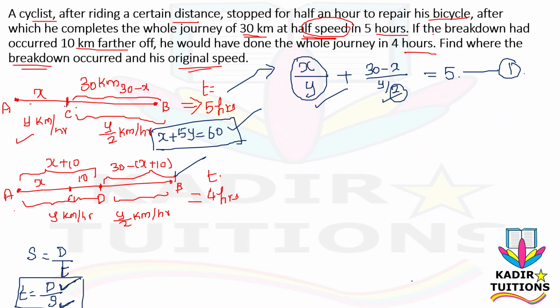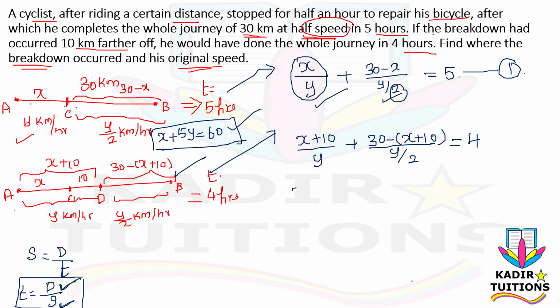Okay, so now we will start case 2. So for case 2, from A to D, how much distance did they move? It is x plus 10 with the speed of y kilometer per hour. And from D to B, the distance is 30 minus x plus 10, divided by y by 2. Total duration time taken is 4 hours. So this is our second equation which we are getting from case 2, but still we need to